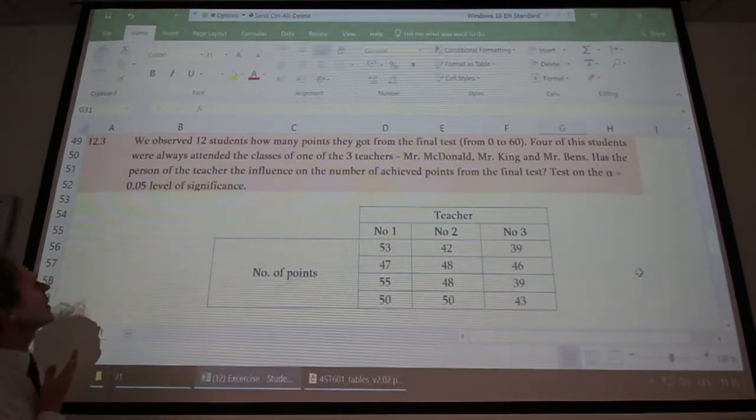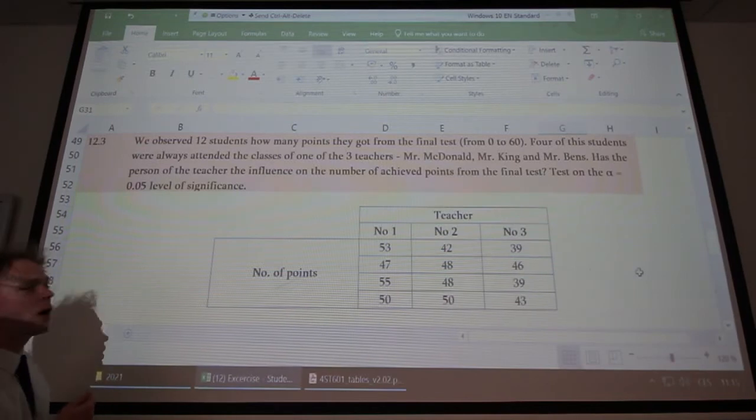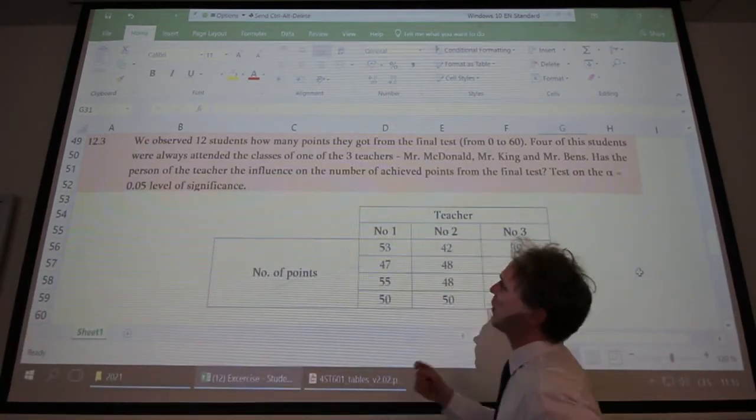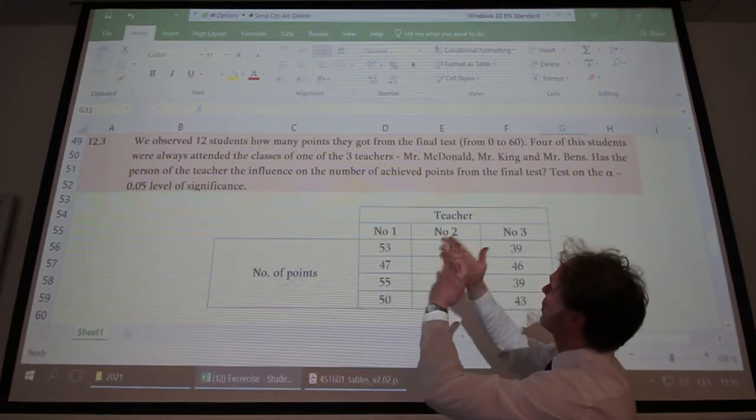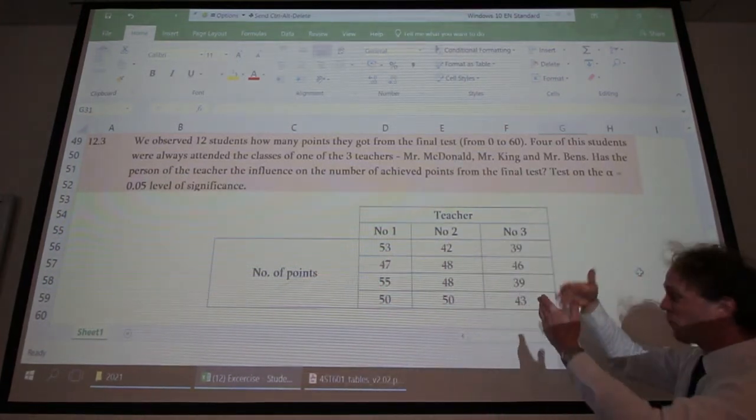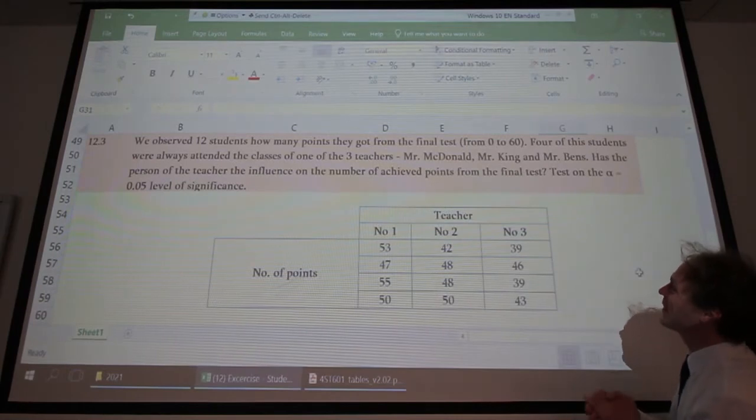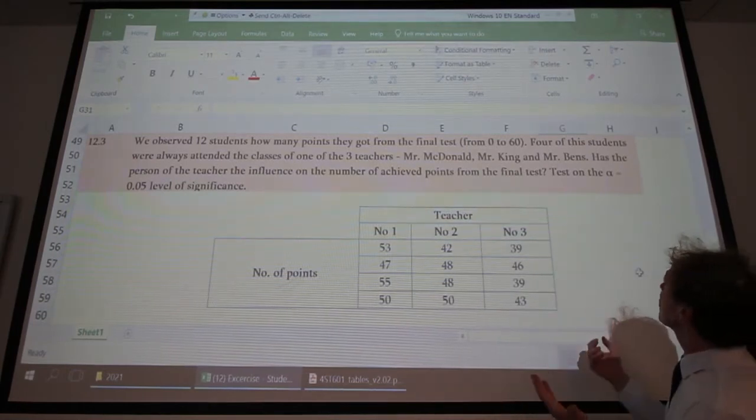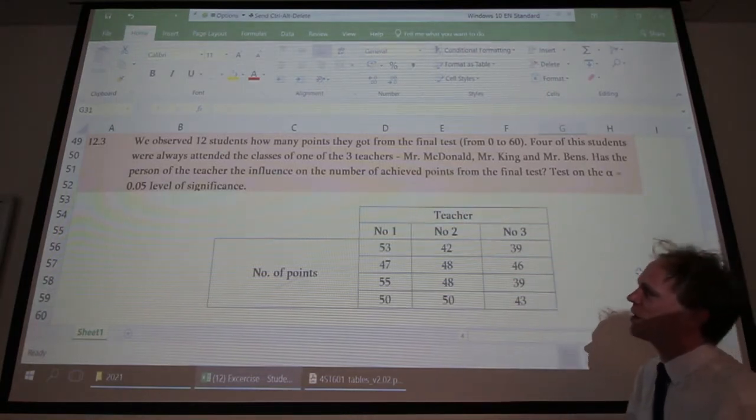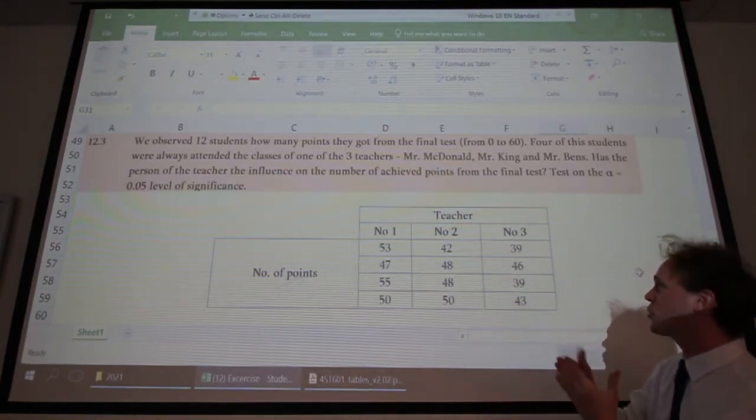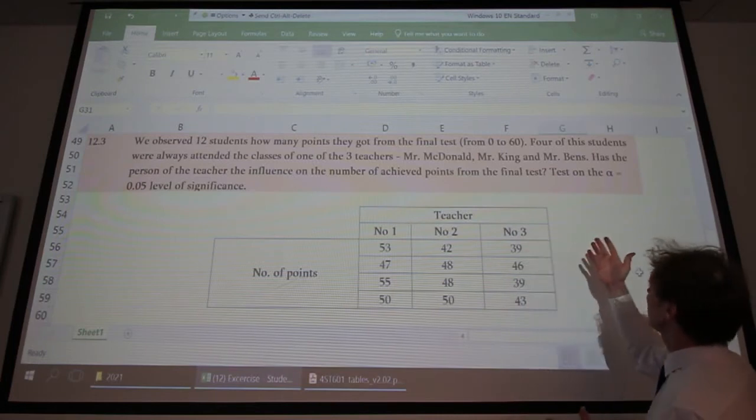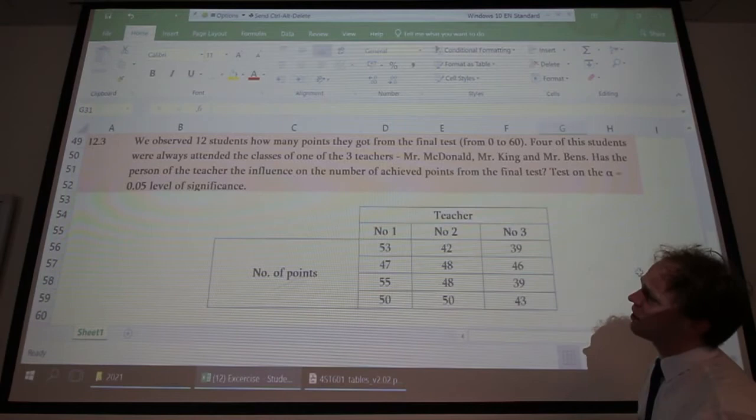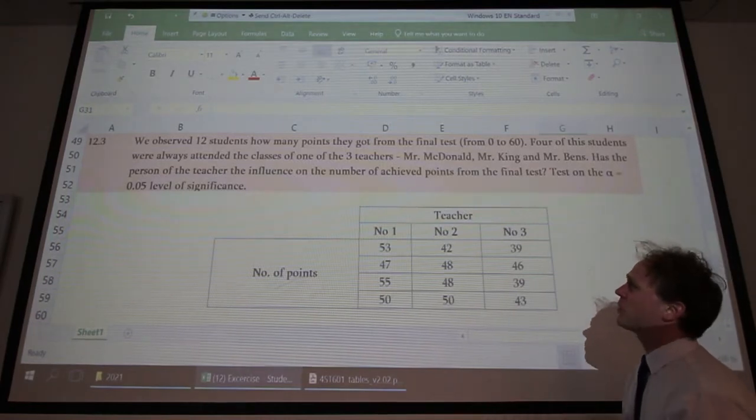Okay, so there is another well-known example for us, yes? We observed 12 students, how many points they got from the final test, for example from statistics, because that is the range from 0 to 60. We know that 4 of the students always attended the classes of one of the 3 teachers, Mr. McDonald, Mr. King and Mr. Benz. And there is a question, has the person of the teacher the influence on the number of achieved points